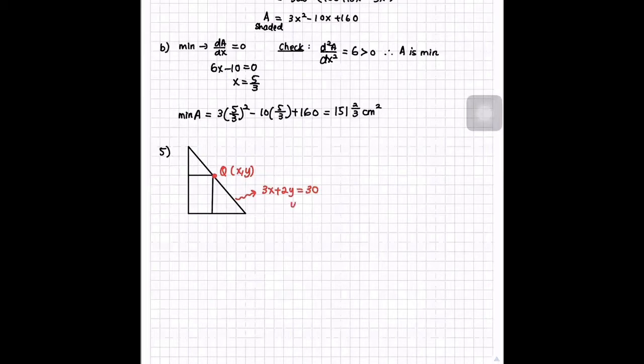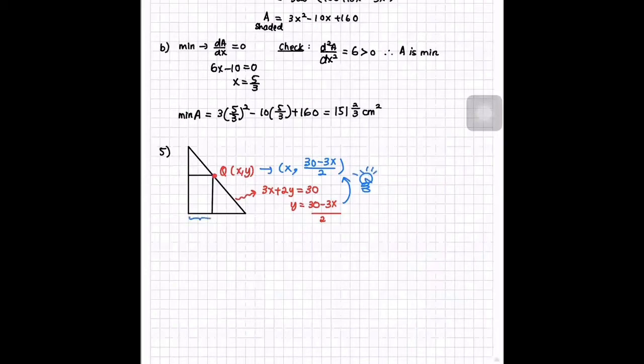So you manipulate and you get the y from here. It's literally a coordinate, but in an expression form. It is not a value. So you can change your coordinate of Q now. You can just change it into x, comma, (30 minus 3x) over 2. That is the thought process. If you see this, then the question is easy. If you don't see, the question becomes difficult.